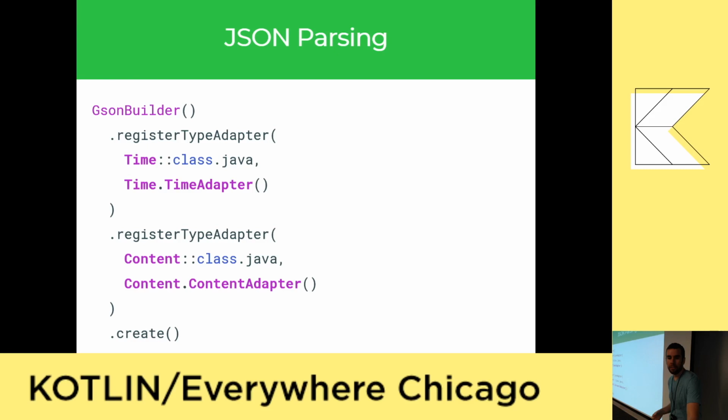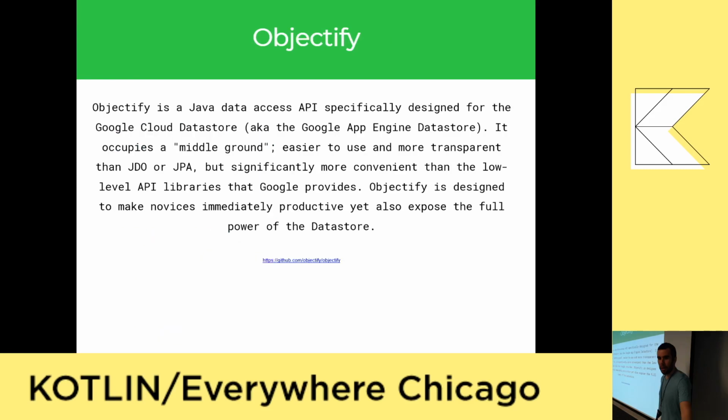Next up is this library called Objectify. This is a library written by Google. It's unfortunately still in Java, but it allows us to connect our code to the data stores using the annotations that I said, like entity and subclass. My favorite part about this is the part that I just bolded: big novices immediately productive. Again, weekend. I'm a novice. Great description of a library there. So definitely brought in a lot of help.